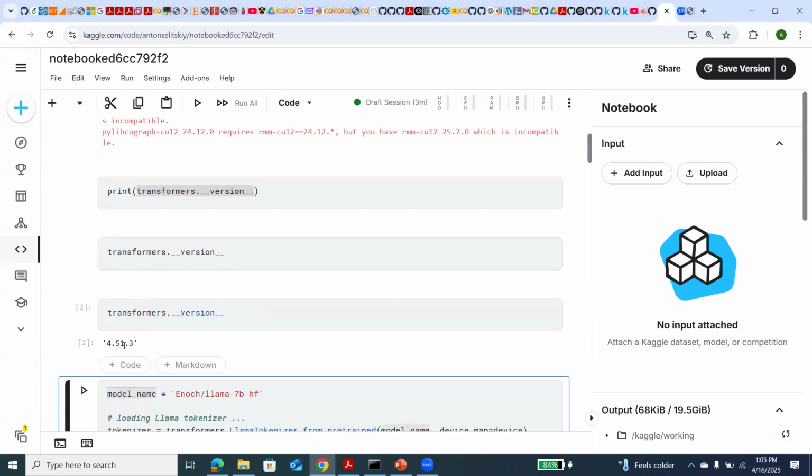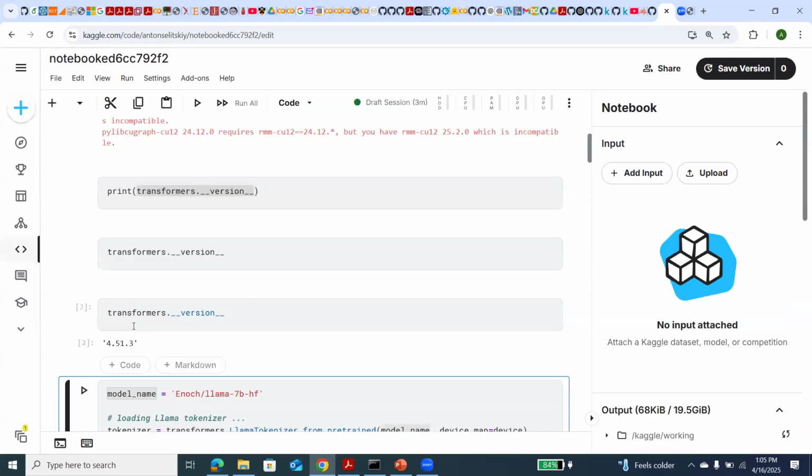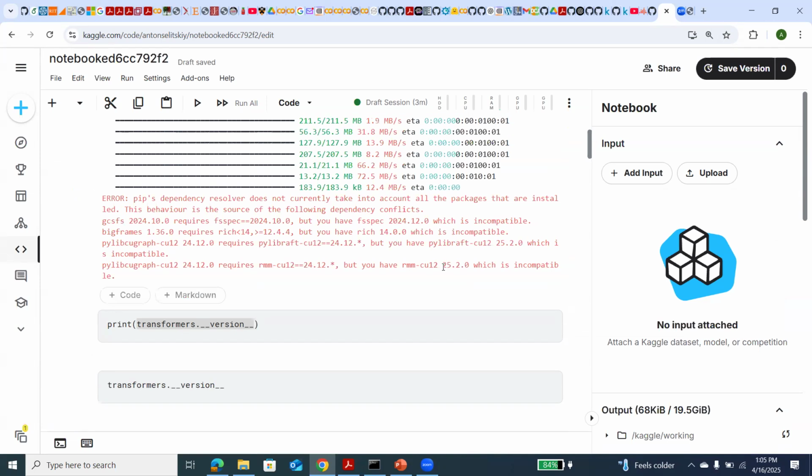Yep. Oh, so it was updated? Oh, it was older, because it was 4.49 when I did the homework. Ah, so they must have just updated it within the last couple weeks. Okay, yeah. Because I ran the notebook and it was broken, and